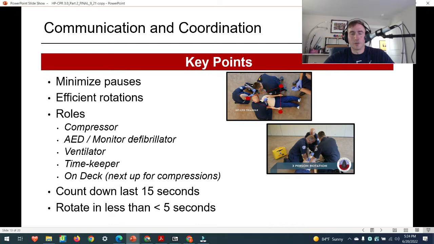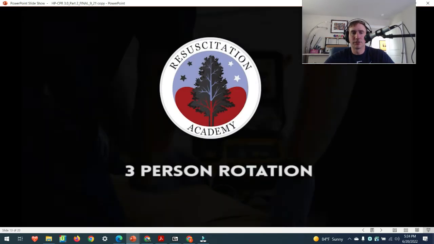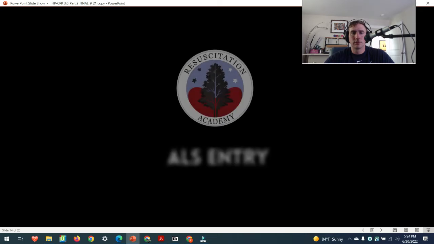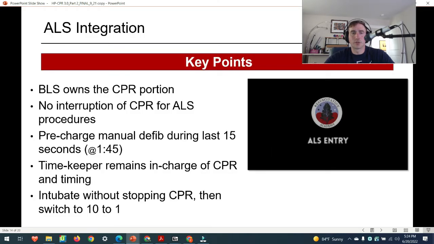We really talked at great depth about minimizing pauses and ensuring efficient rotations. Now, this is ALS integration. So imagine that the fire department's on scene. What do you do? Do you connect the monitor immediately? Do you bump them off of CPR? What do you do? So imagine if you get on scene and the fire department has the AED connected and